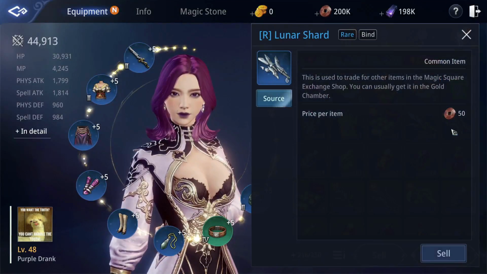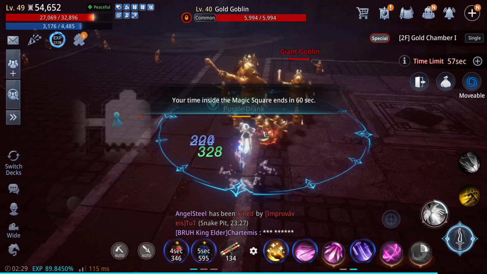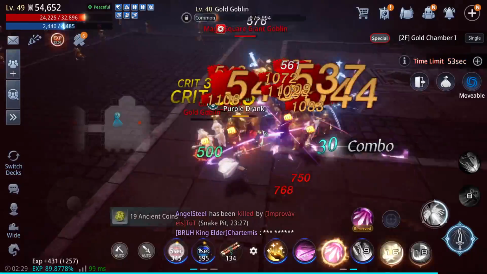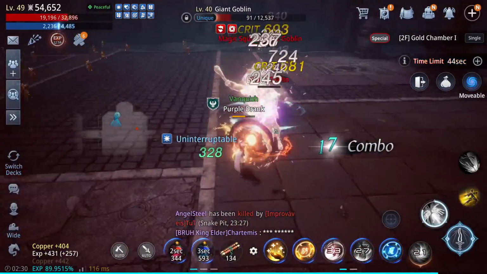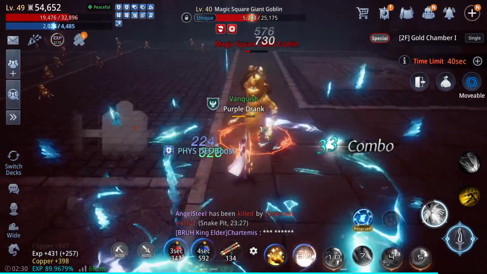Lunar Shards are dropped most frequently from the 3 gold chambers. These golden goblins will attack you if you come close and drop more copper and ancient gold coins than ordinary monsters. You will also get a large increase in the chance to drop old silver coins, which can be sold